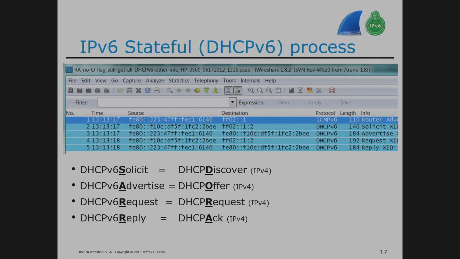All right, it works just like it does in v4. I get back an advertise message that says, yeah, I'm your server. What would you like today? I'd like an address. Please, here's your address and everything else I can tell you that you asked for. DNS, domain name, time server, download server, blah, blah, blah. Okay, so it's effectively the same, just a little bit different looking.